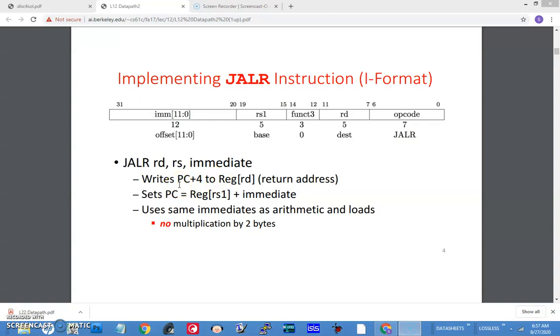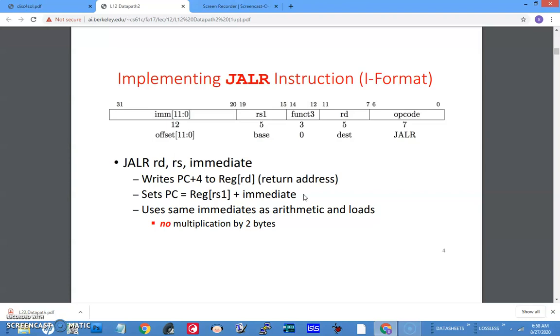In the current data path, there is no line that connects PC plus 4 back to the register file. If you look, you will find out. So we will have to add new lines to that, and then PC equals register plus immediate. This has to be executed. So these two values should be fed to the ALU. This is not a big deal because we already always feed these register values and immediate to the ALU. But a change has to be made at the output of the ALU. The output of the ALU has to be connected back to the multiplexer which switches the PC source.